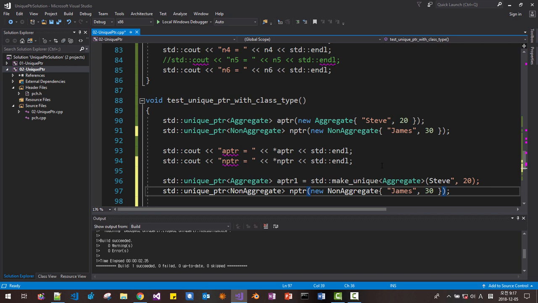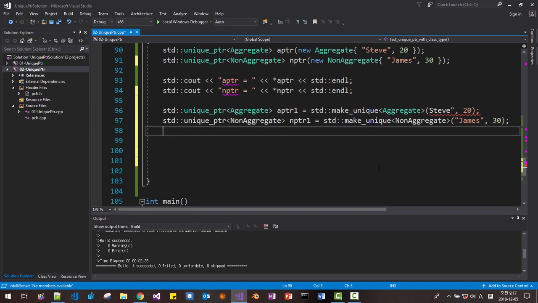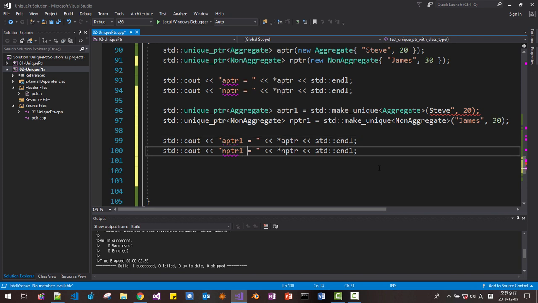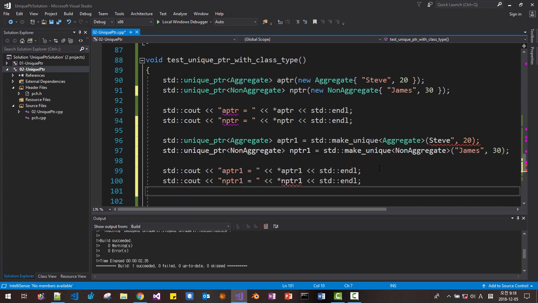Here nptr1 std make unique non-aggregate Steve. Okay, now we print out aptr1, nptr1. Okay, if we compile, Control F5,